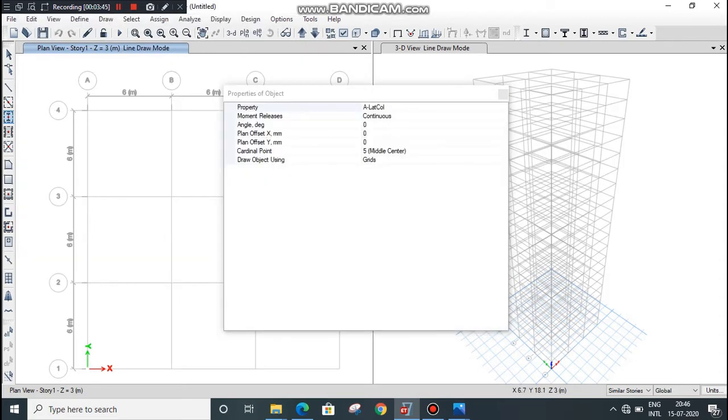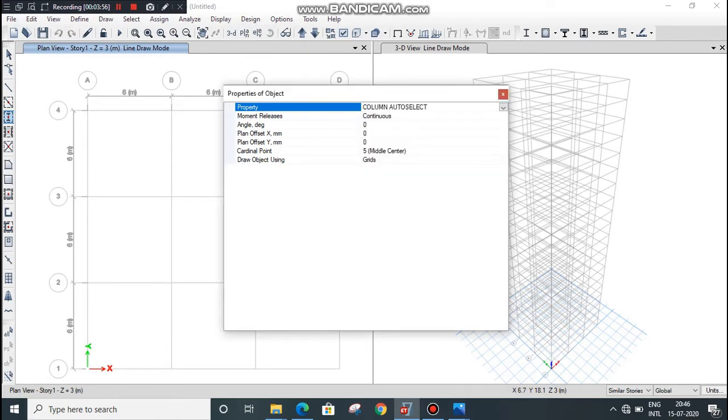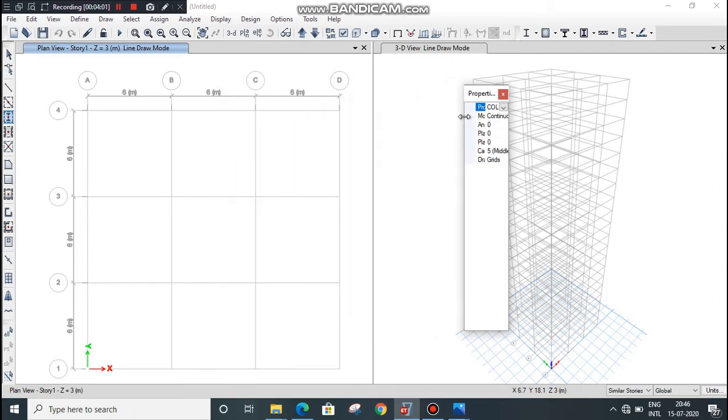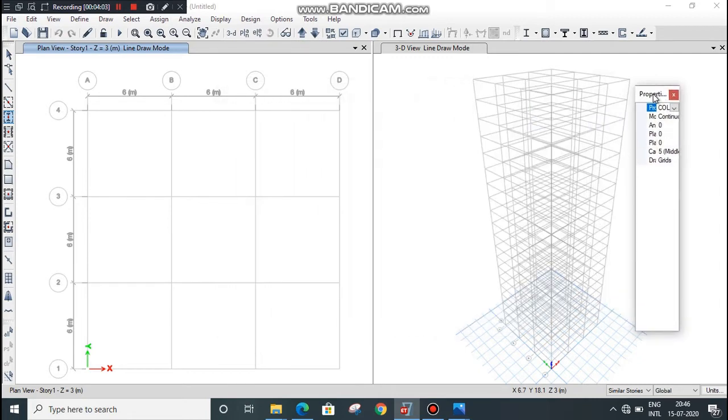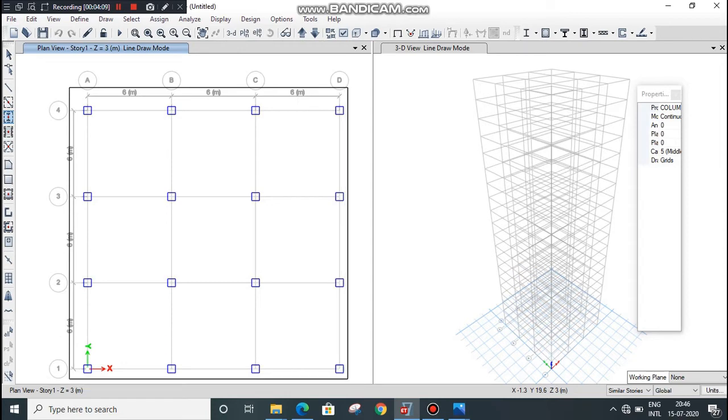Now the property we have defined already, therefore select the column auto select option from here. Don't tap anywhere because the software will draw the column.